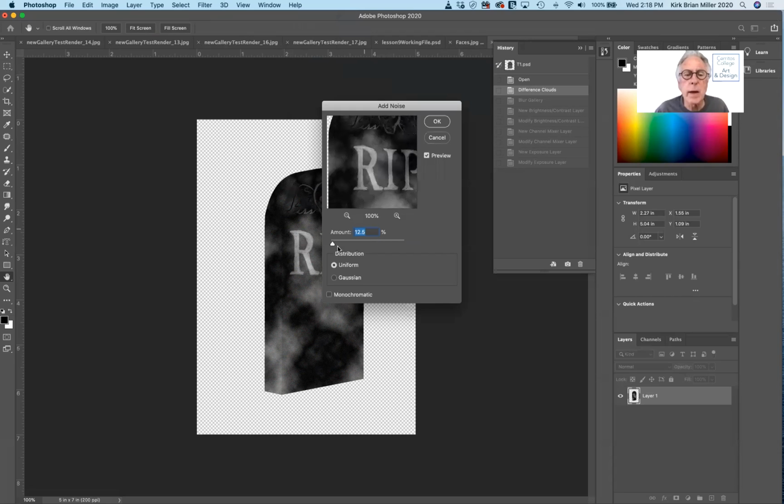They just want us to add, I'm going to make it Gaussian instead of uniform. And they just want us to add maybe 3%. It really depends on how grainy you want your image to look. It is a useful feature,